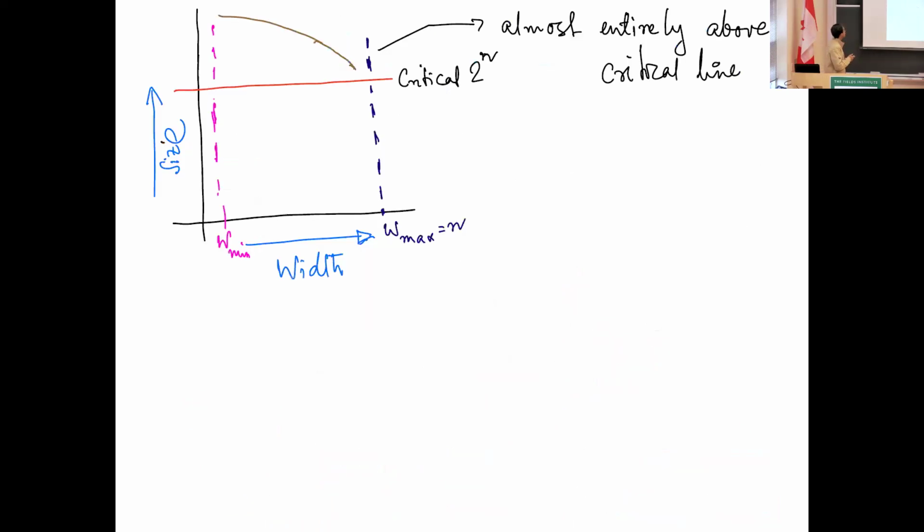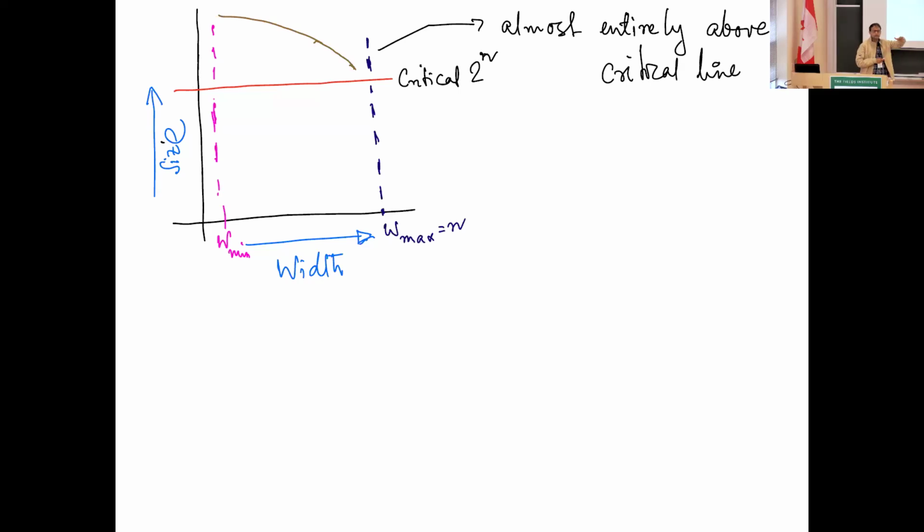And Razborov nicely summarized it in his paper by this picture, where this is, as he called, the critical line. So you are plotting size versus width of proofs. This is the critical line because any proof will have size at most 2 to the n, because you can just make a tree-like proof. Okay, and what he shows is if you look at these contradictions and try to find the size of the proof with minimum width, then it shoots up way beyond the critical line, and the whole trade-off stays above this critical line.